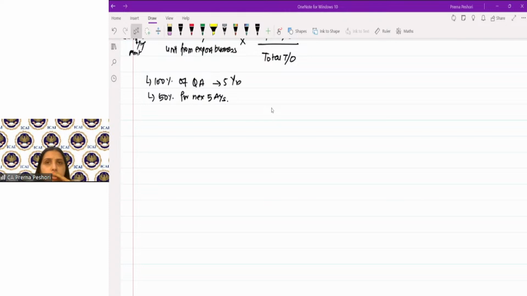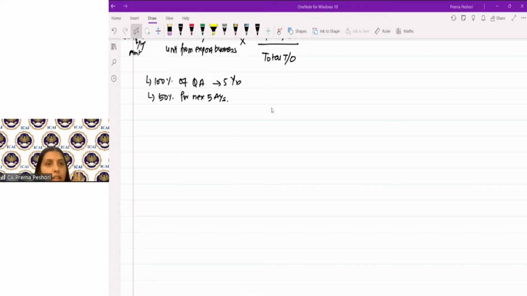80G, 80GG, all of these are available whether to the resident or non-resident. So here they say just the assessee. They do not specify whether it is a resident assessee or a non-resident. So it just says that the amounts will be allowed as deduction. Now 80G is available to the assessee, which means all the assessees. With respect to 80GG, again it says assessee, which means all the assessees which are there.